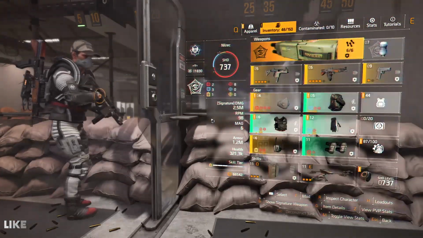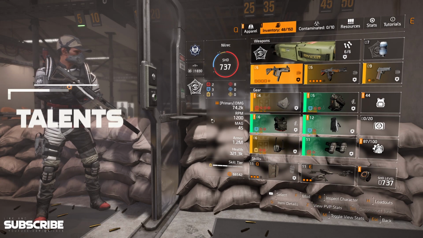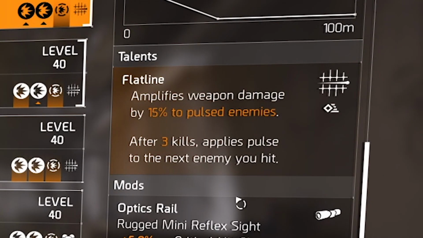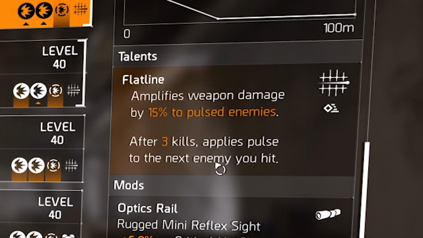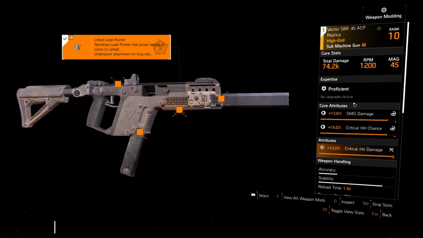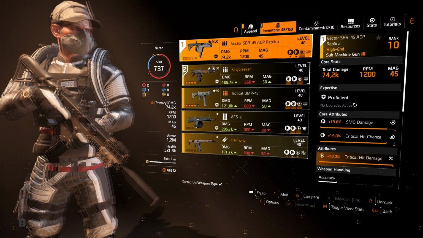Okay, so here we are at the shooting range. Let's take a quick look at the talents that we have to talk about. First up is the main weapon talent, which is Flatline. It amplifies weapon damage by 15% to pulsed enemies. And since we're wearing the tactical link laser pointer, we will automatically pulse enemies just by